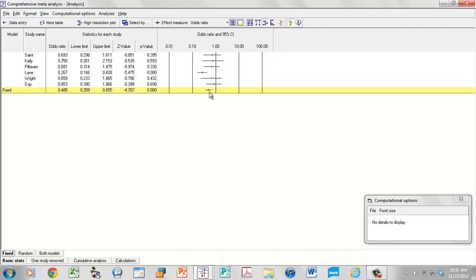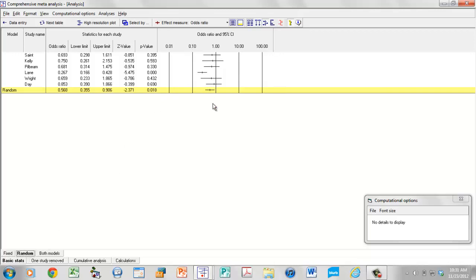Down here we have the overall estimate of the effect. We're currently looking at the fixed effect model. The overall estimate is 0.49 as an odds ratio, with a confidence interval of about 0.35 to 0.65. We see that over here. This does not include the null. The p-value is less than 0.001. We can also switch to a random effects model by simply coming down here and clicking on the word